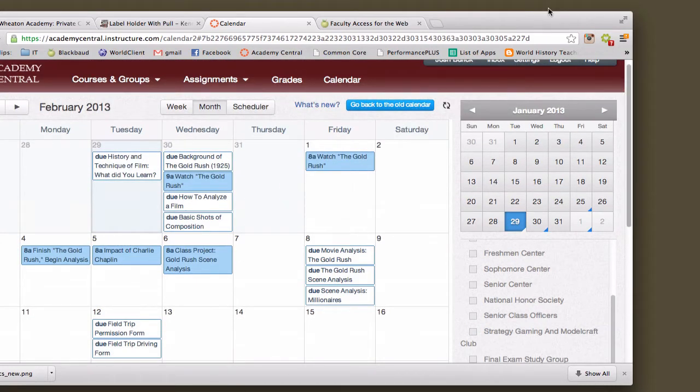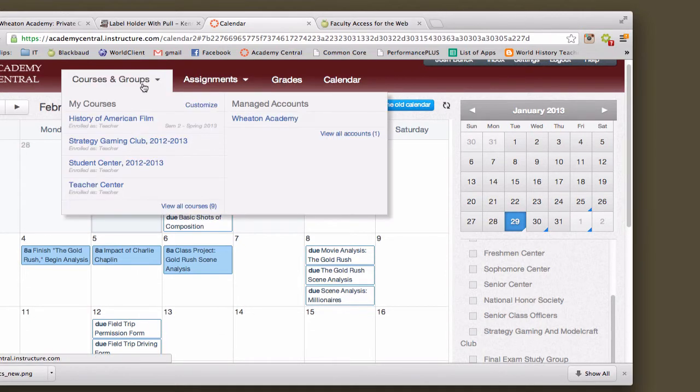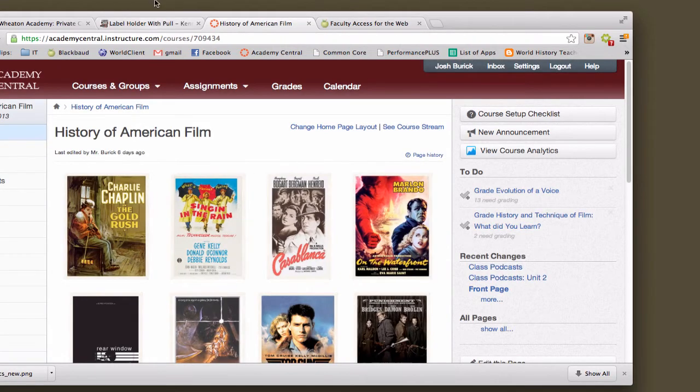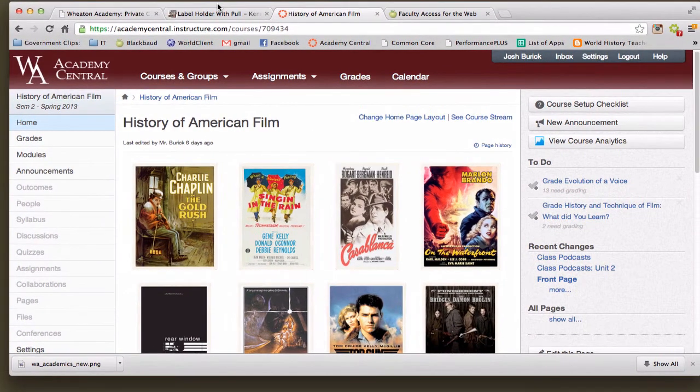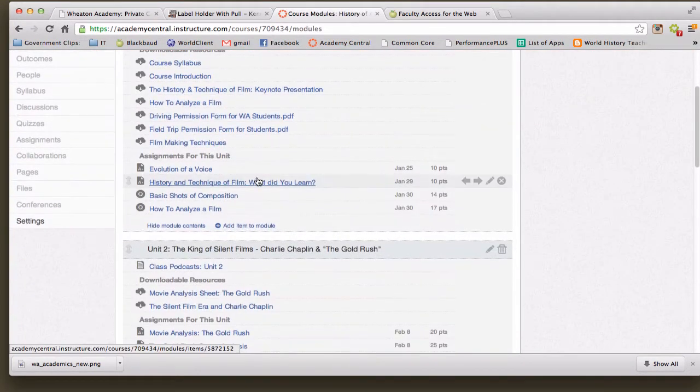That makes sense? Okay, let me just show you real quick. When we go to the library, we have the Chromebooks, and you'll log in and go to your class. When you click modules, you will notice down here there are a couple of quizzes.